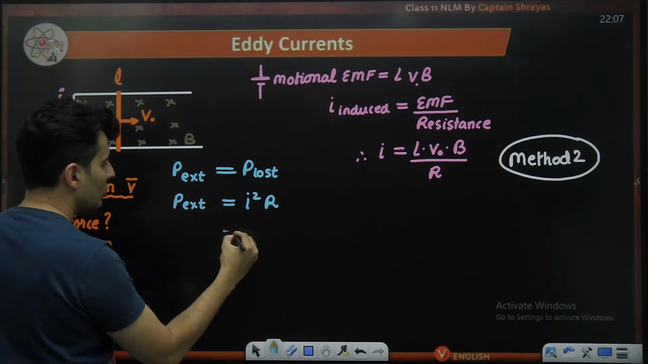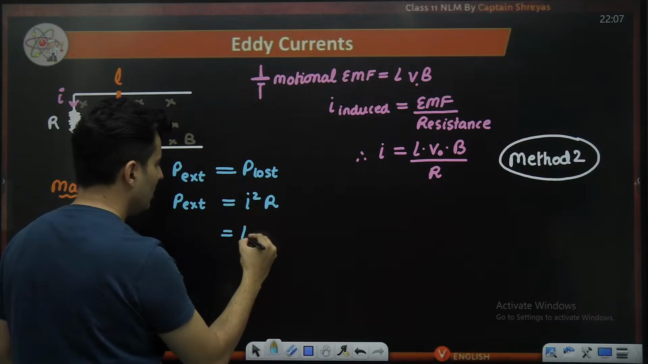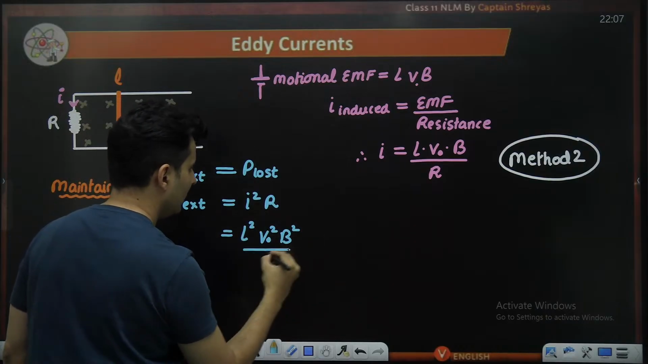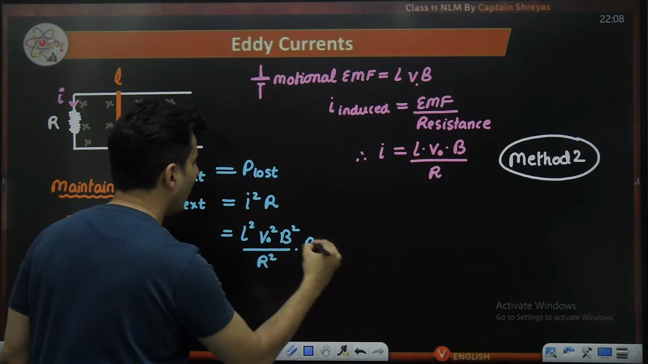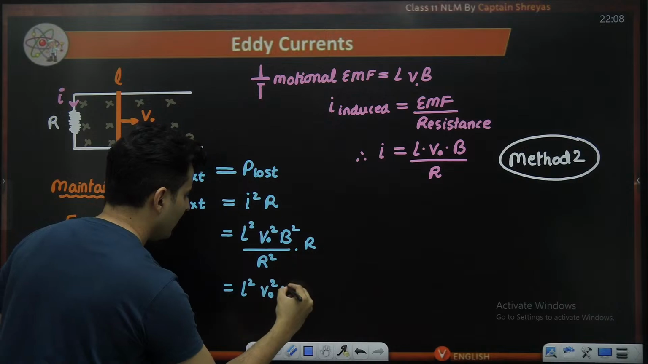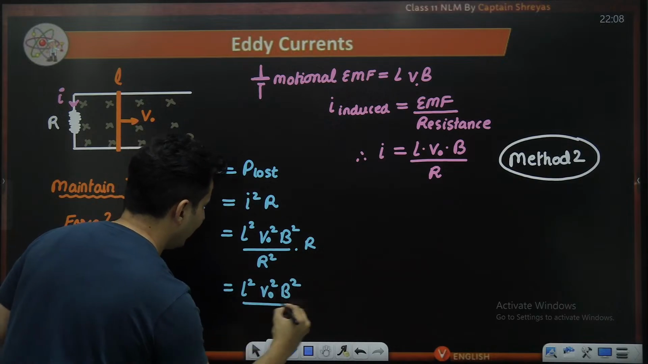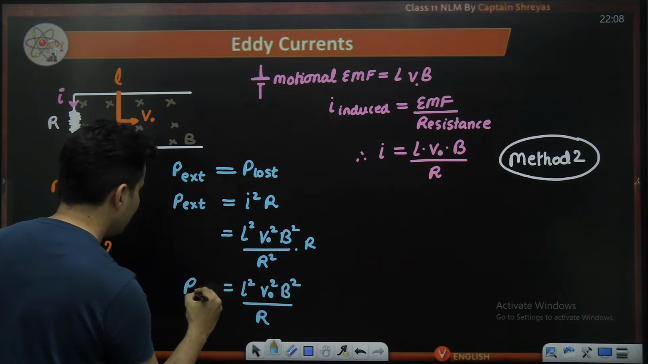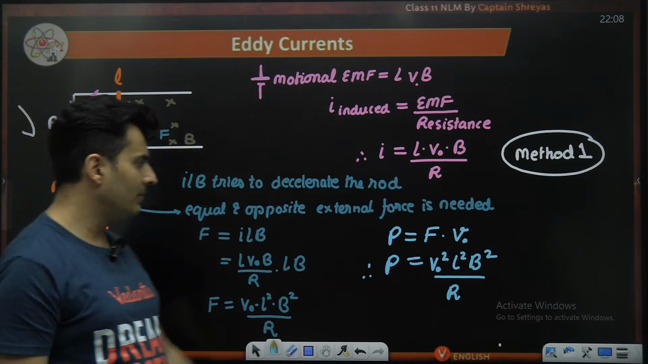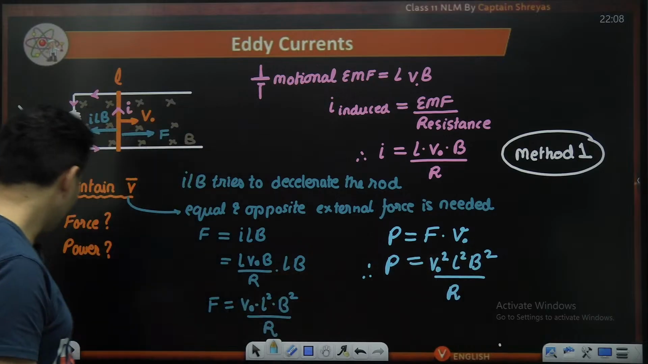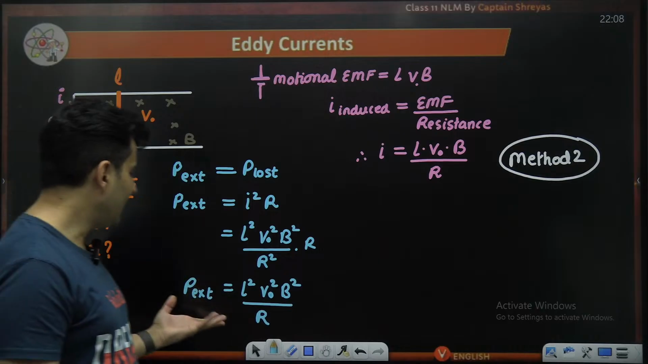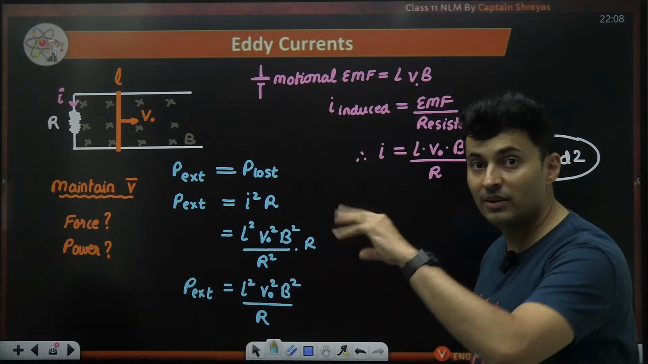Isn't it, guys? So what is I? I already figured it out. So it will be L squared V naught squared B squared divided by R squared into R. So this will be L squared V naught squared B squared divided by R. So that is my external power needed. Don't you see the answer is exactly the same? V squared L squared B squared by R. Same thing here also. And you can also find the force even without ILB